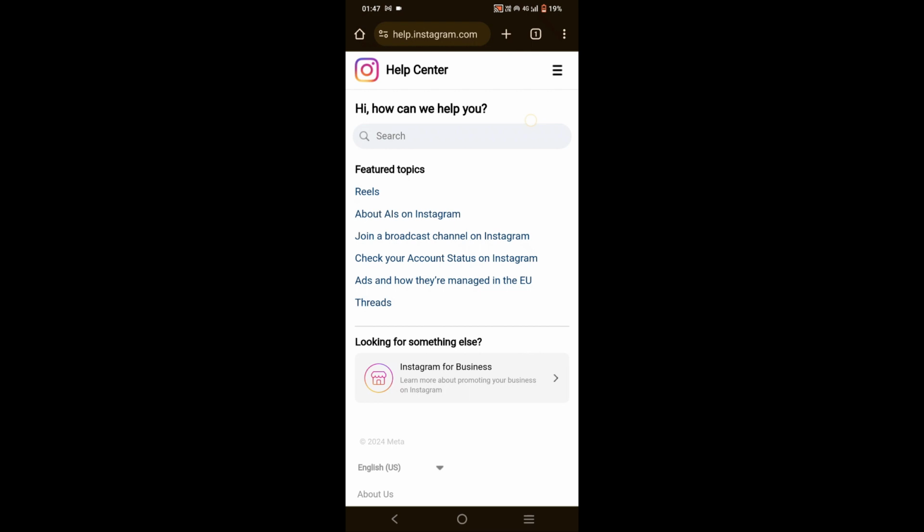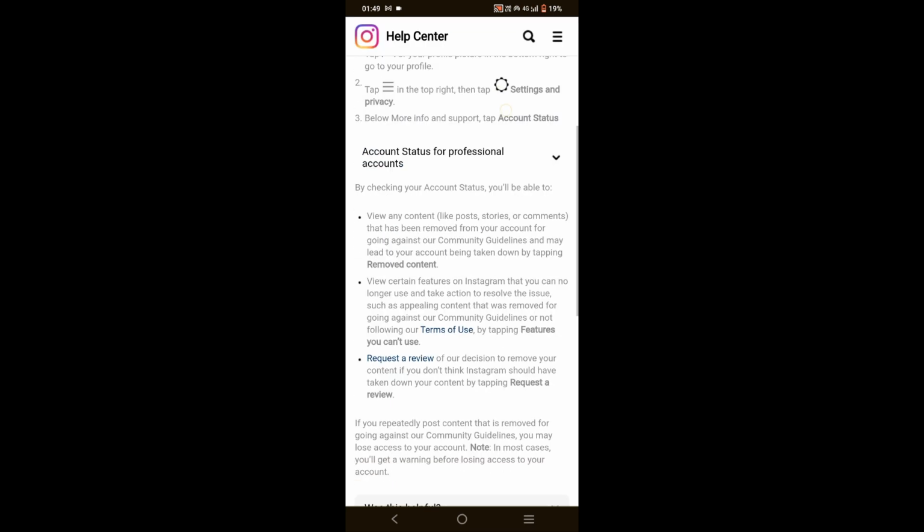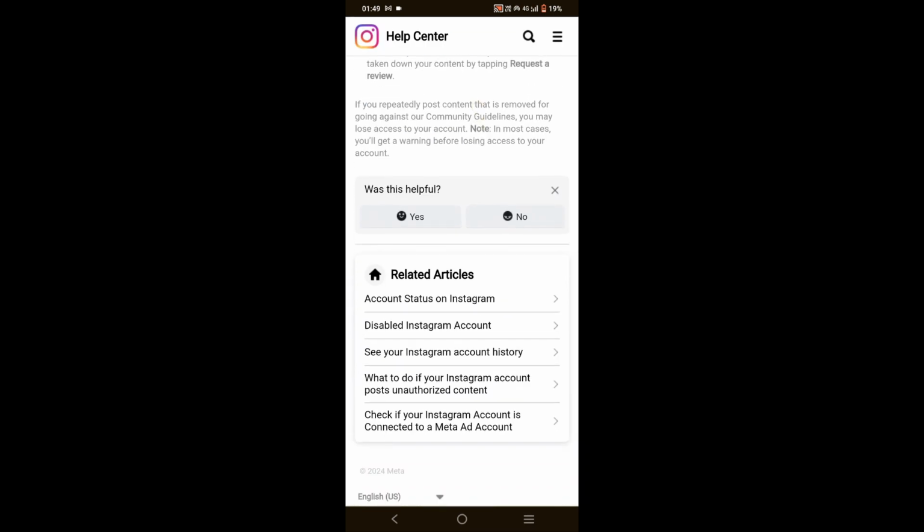Tap on the option that says restore content that you have deleted. As my Instagram deleted time period has not crossed 30 days, here I will tap on check your account status on Instagram. But if your Instagram account has crossed 30 days, then you'll get the option of restore content that you have deleted. Tap on it, scroll down, and here in the dialog box you can see was this